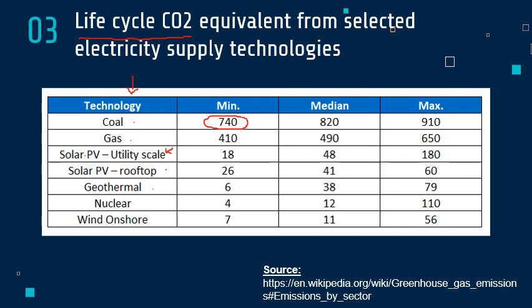Geothermal, which is basically using the heat from underneath the Earth's crust to generate steam, which turns turbines. Nuclear power, and then wind onshore, which is wind turbines, which you might see if you've gone out into the regions. So we can see that coal has the highest minimum and highest maximum amount of CO2 it produces over